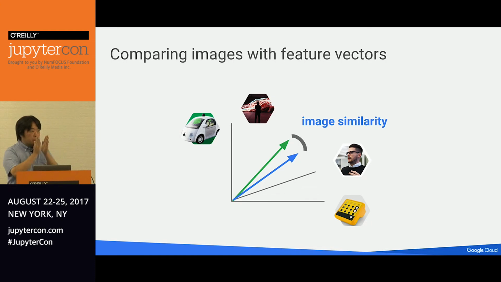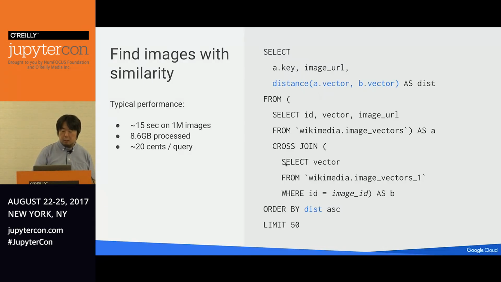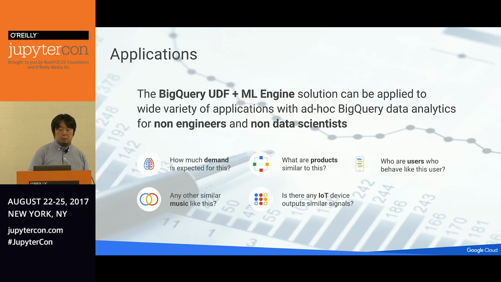And then you can compare the distance between the feature vectors by using a user-defined function. It's very simple mathematics. You can define a UDF to calculate the similarity, so that you can use the user-defined distance function in any queries you run on BigQuery. And you can even let the salespeople, marketing people, or executives use your user-defined functions to run their own homebrew SQLs. I have used document search and image search as examples, but this technique can be applied